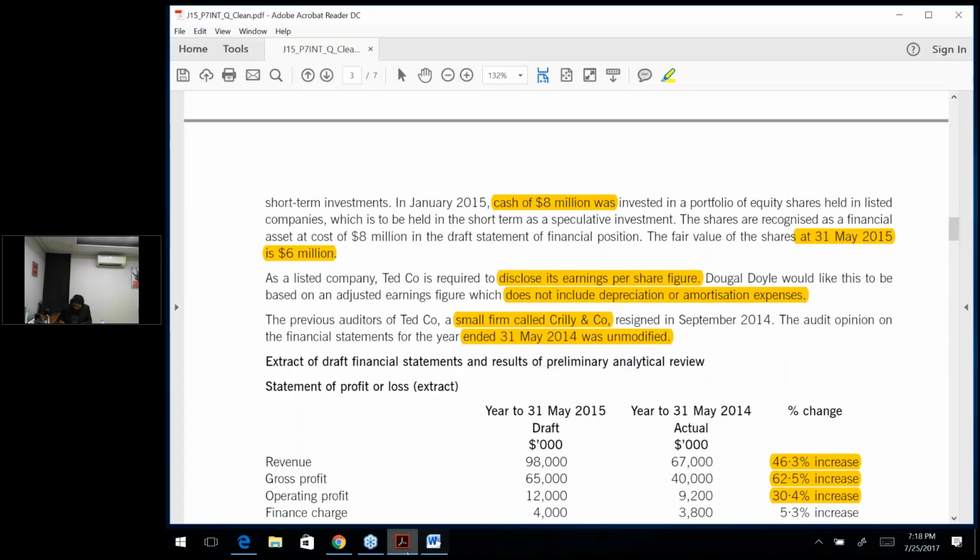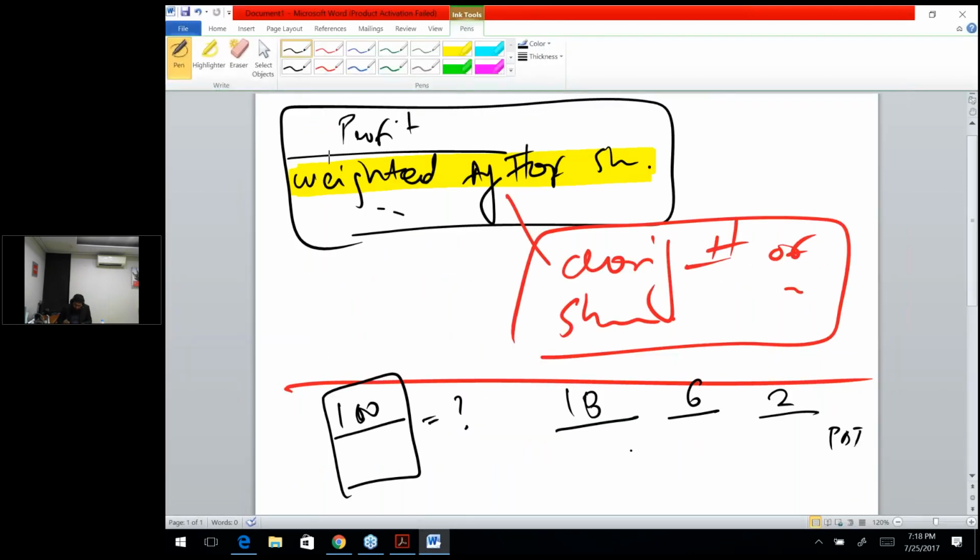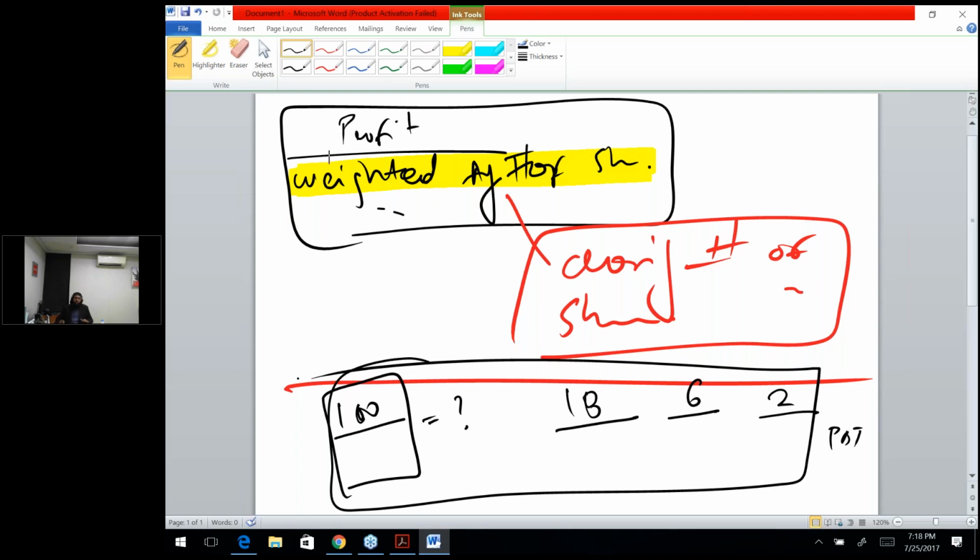So you can calculate the materiality for the different items that are available, and based on that you could actually make your comments also, if it is material or if it is not material. So you'll get marks for mentioning the materiality also.